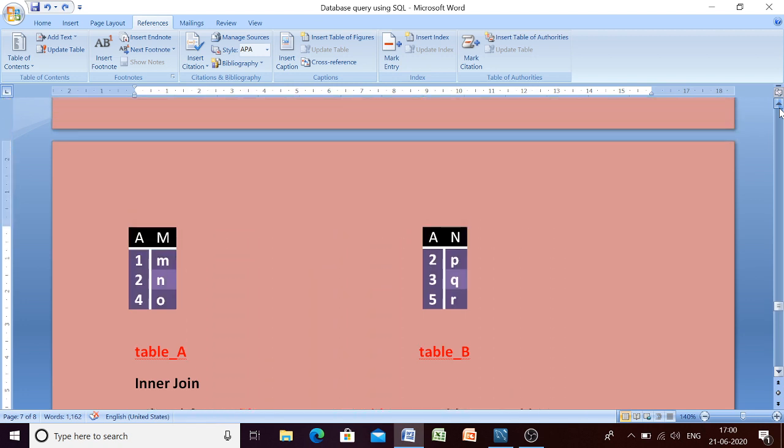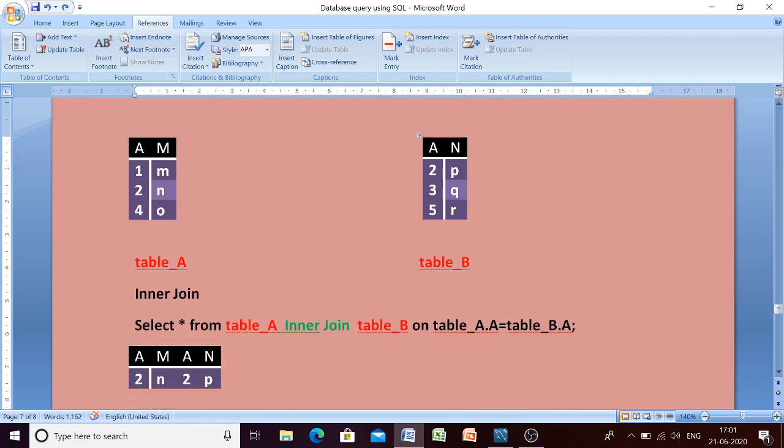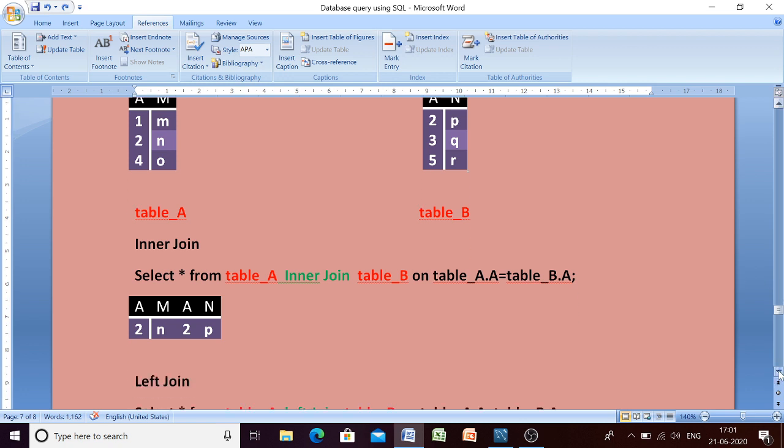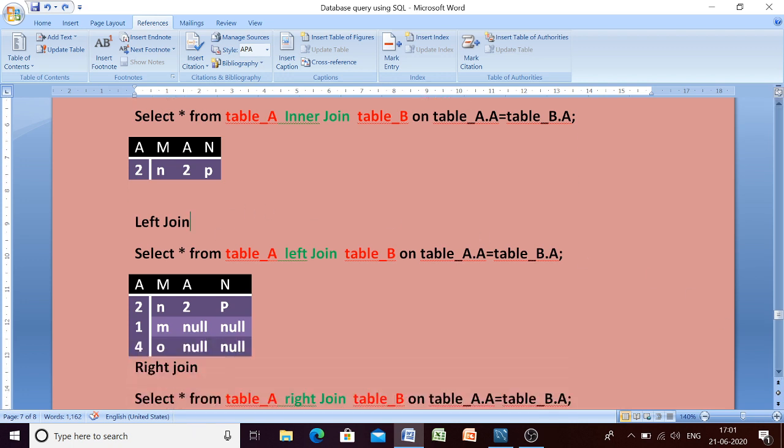In table A we are having 1, 2, 4, M and O. But in table B we are having 2, 3, 5, remember. In the result, since we have written select star, we will have all the columns. All the records from the left side, and on the left side we have written table A. So here we will have 2, 1, 4.